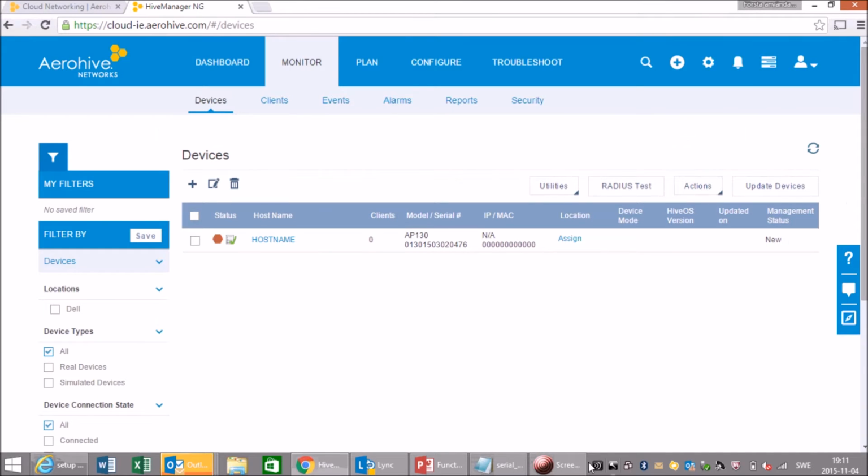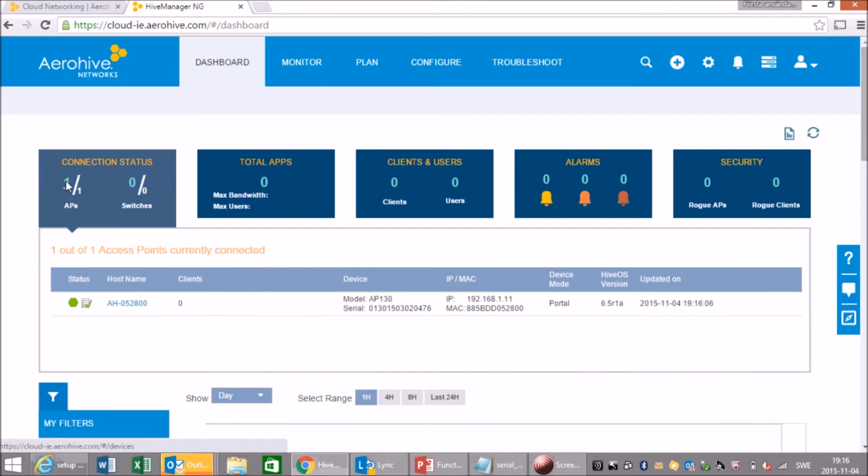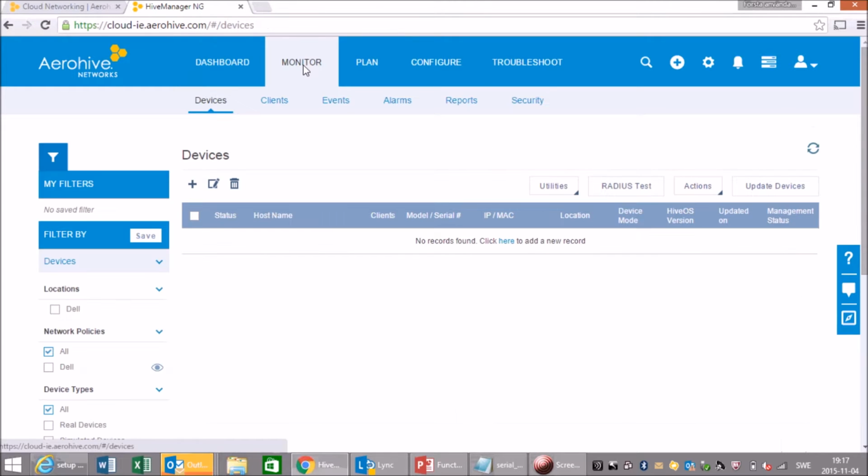And as you can see, the policy is now deployed on the access point. And I have a working network in just a couple of minutes. I have one access point, I can go in and see. Yes, we have a working network, but we still don't have any clients connected, and I will of course connect